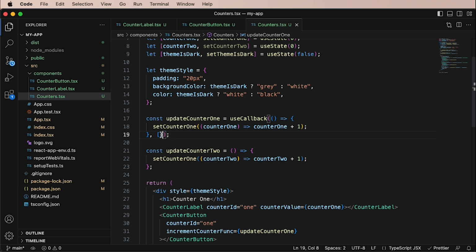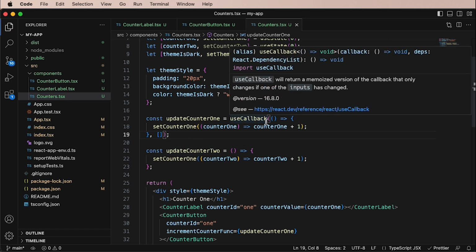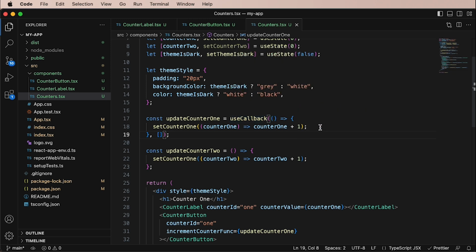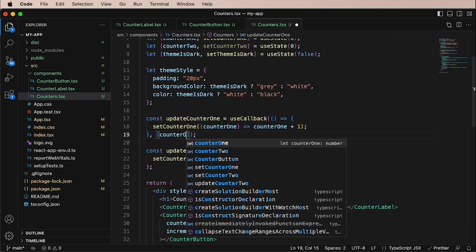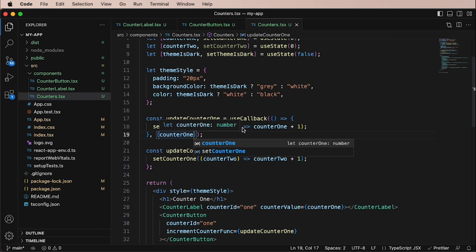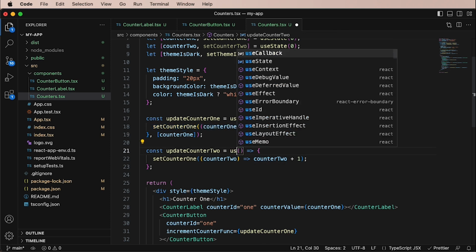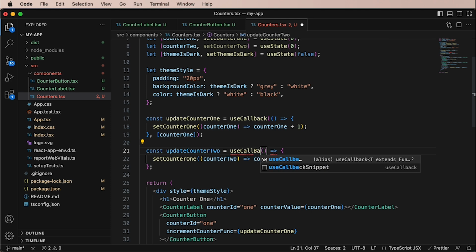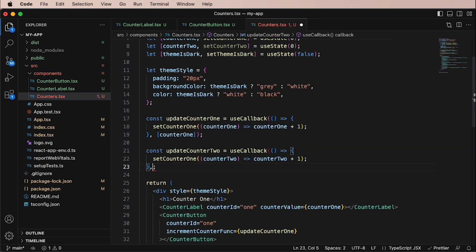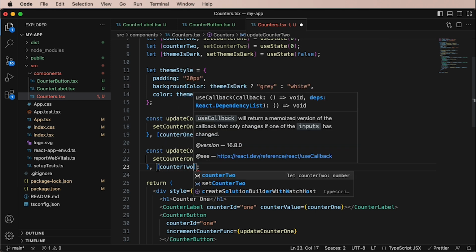Now in the dependency array, what we have to indicate to useCallback is when does the function itself change, or what does it depend on which would cause it to change. And in this case it would be counter1. If counter1 value has not changed, then we no longer need to create another instance of the function because it's going to do the same thing. So that is what useCallback is doing. useCallback is essentially going to cache the reference to the function and allow us to avoid creating another instance of it. Now if I were to do the same for the updateCounter2,